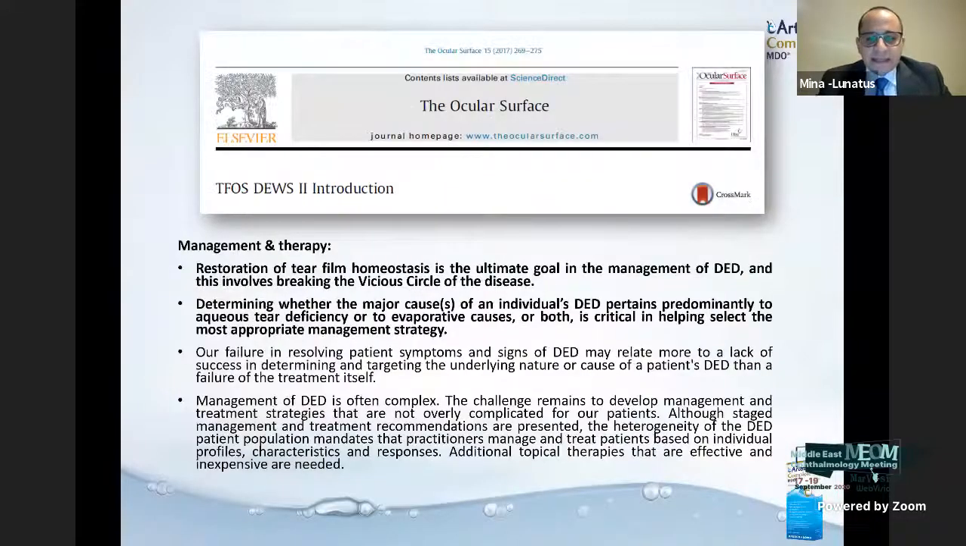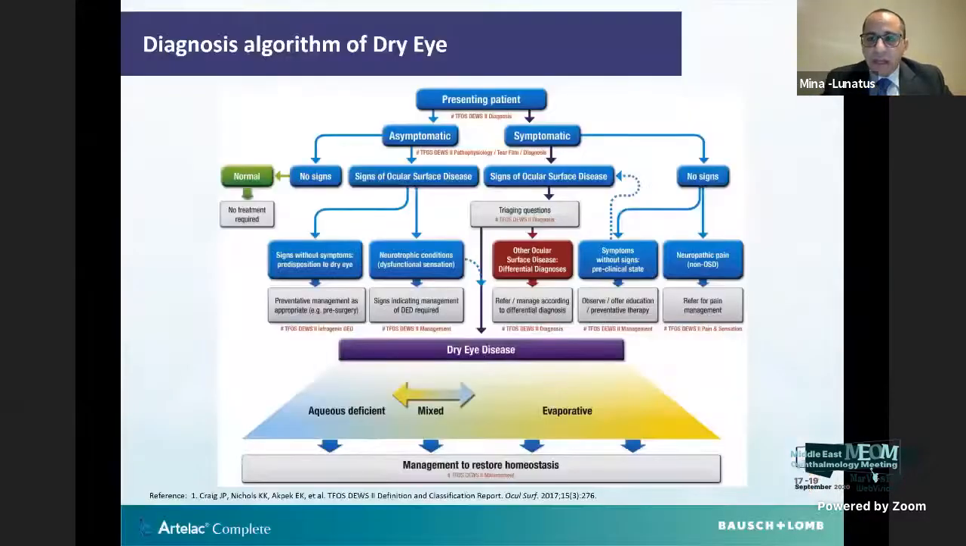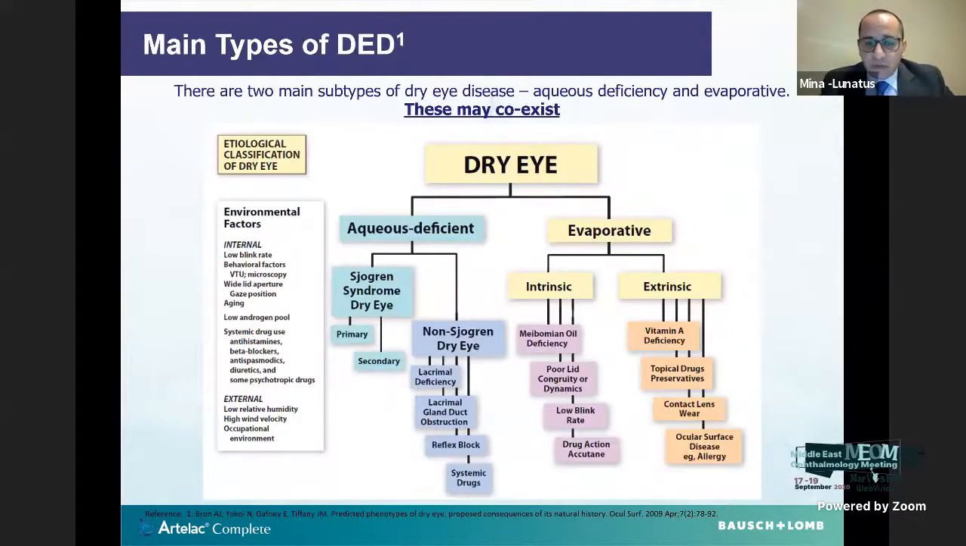And this takes us to the second highlight from the DEWS report, is that determining whether the major cause of an individual's dry eye disease is predominantly related to aqueous tear deficiency or to evaporative causes or both is critical in helping select the most appropriate management strategy. And that's why they defined a diagnosis algorithm to define whether we have an aqueous deficient dry eye or an evaporative dry eye. And it's important to highlight this difference because aqueous deficient dry eye like Sjogren's syndrome, lacrimal gland deficiency, compared to evaporative dry eye like meibomian oil deficiency or others, both of them has a different predicted natural